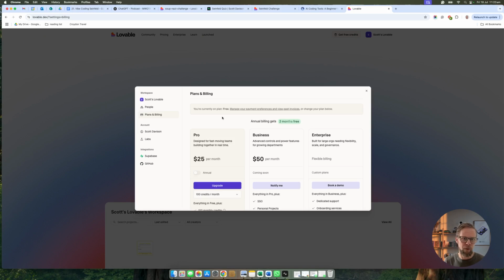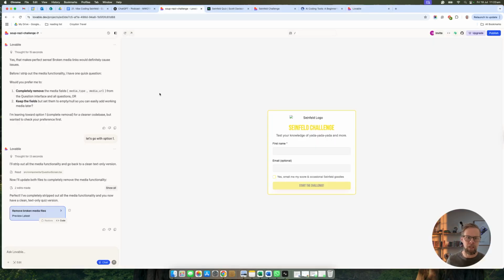But I was able to play around with it on the free version, and I'll show you what that looks like now. So this is what the Lovable interface looks like. It's basically a chat window on the left where you can converse with it via chat, much like using ChatGPT. And then it has a live version of the software on the right so that you can see the changes it's making on the fly.